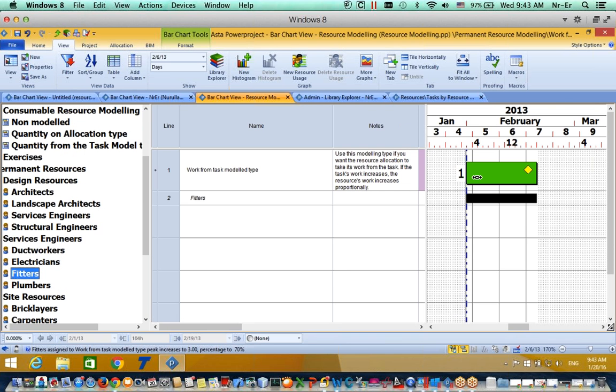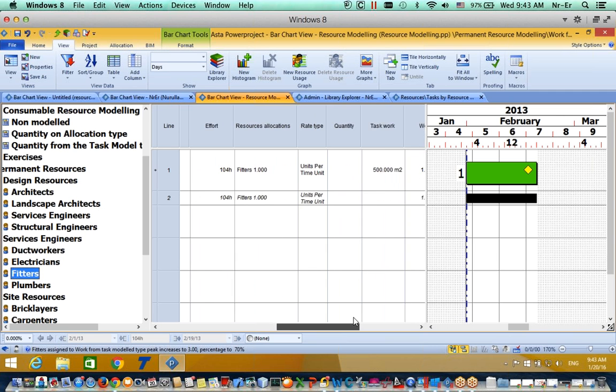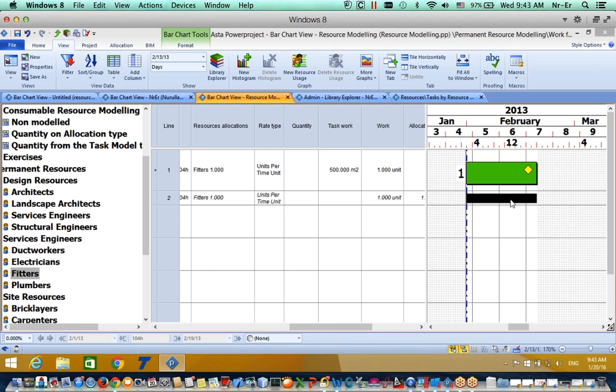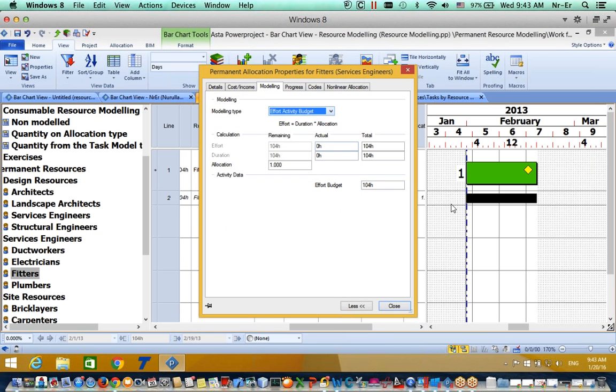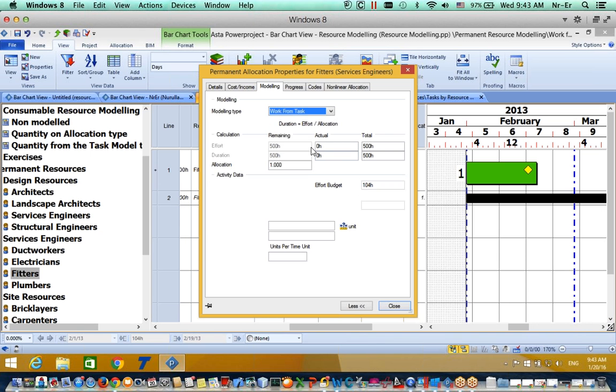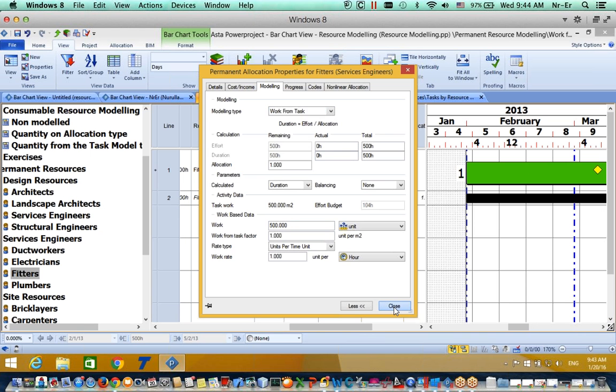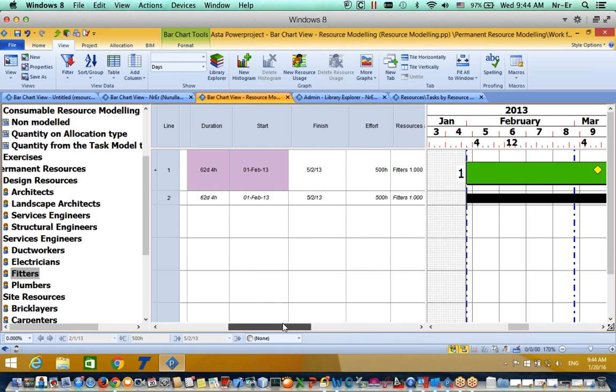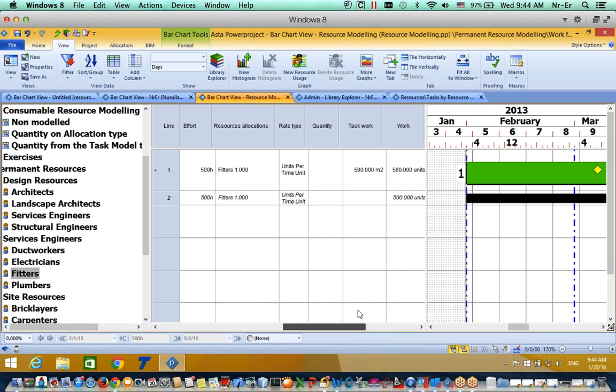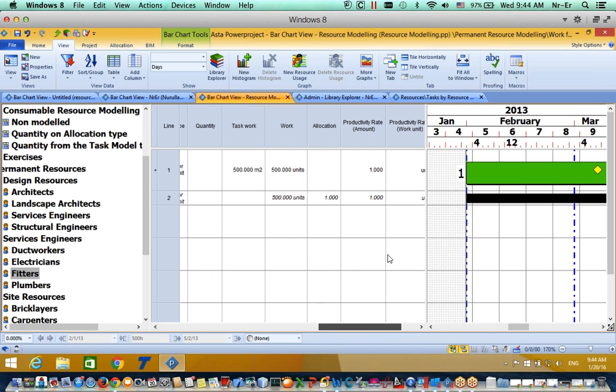I'm just dragging and dropping over here, and as you see, it has been assigned. Right now I'm going to the model of it, and I am saying work on allocation, work from task, sorry, and it is done. I assigned it, and right now I am saying my allocation type and allocation number